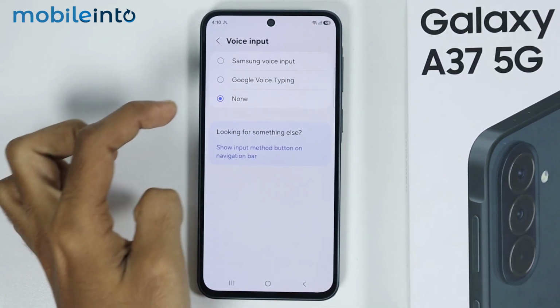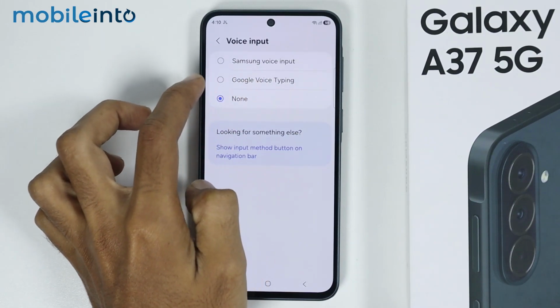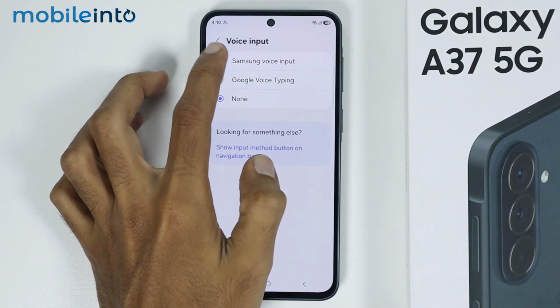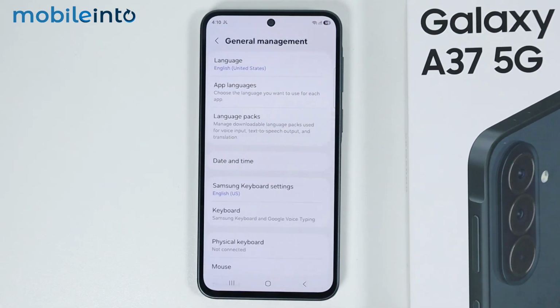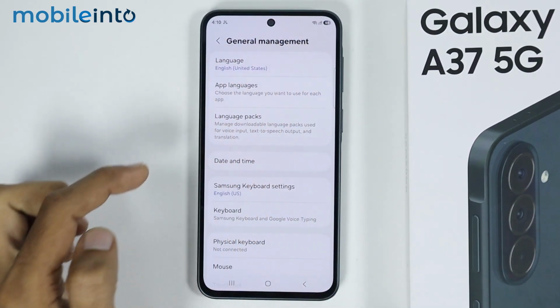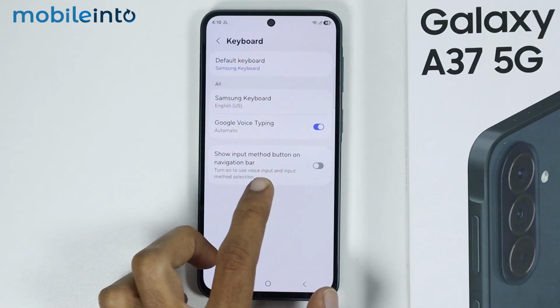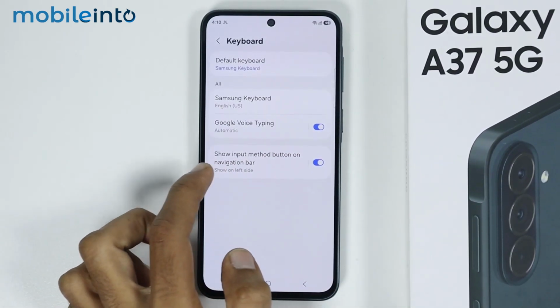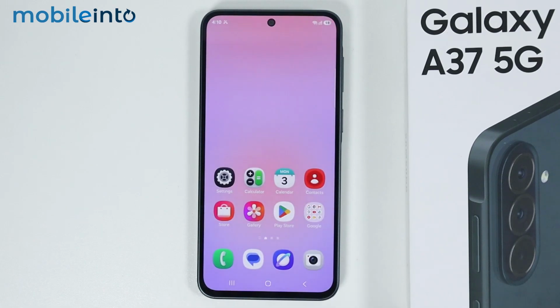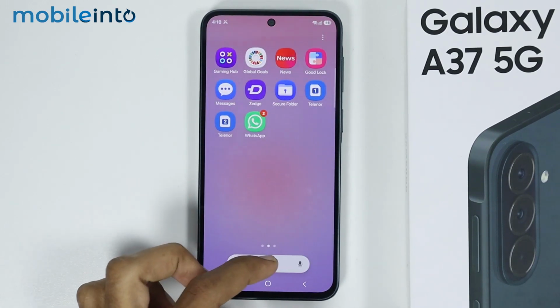From here, instead of None, either select Google Voice Typing or Samsung Voice Input. I'll select this one. Now after that, just go back. Now under the General Management settings, just tap on Keyboard. From here, just ensure that the toggle for voice input is enabled. Now after you turn on this toggle, just go to your home screen and open the keyboard